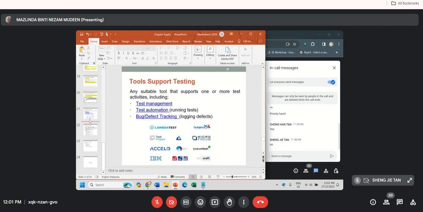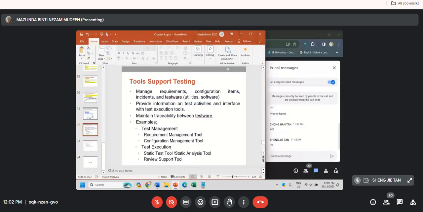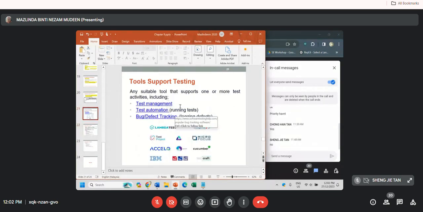So the last part is just some additional things about the tools for supporting the testing. When we say supporting the testing, it can be under the test management areas, or test automation areas, or bug or defect tracking areas. So you can see the link provided. I already included some links for you to go through some testing related tools. That's why I always say testing tools is not only about running the test case, but it can be for